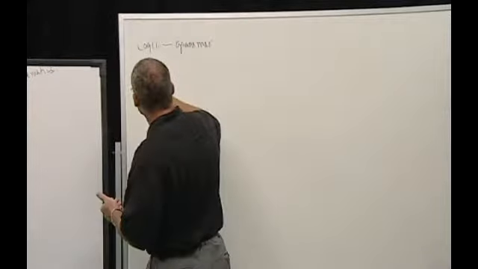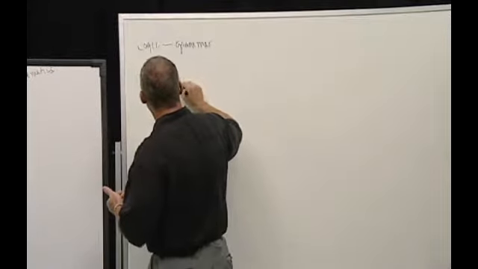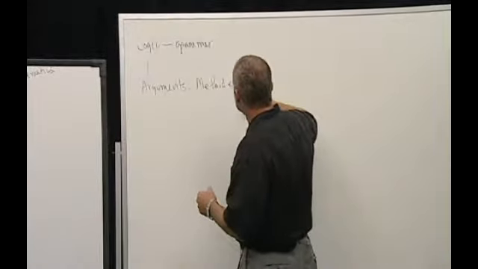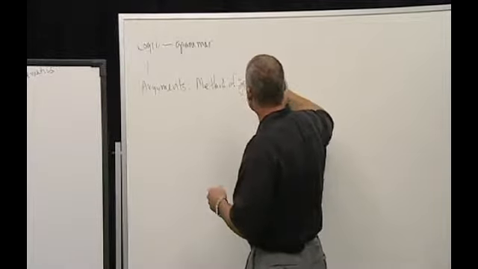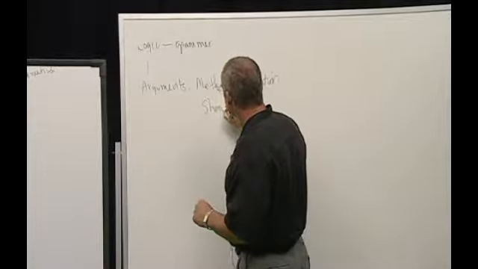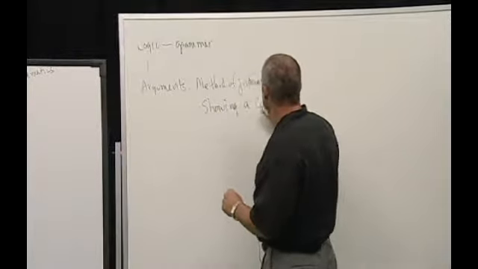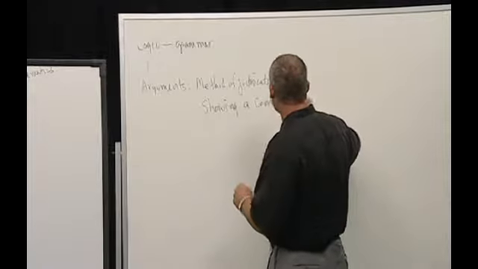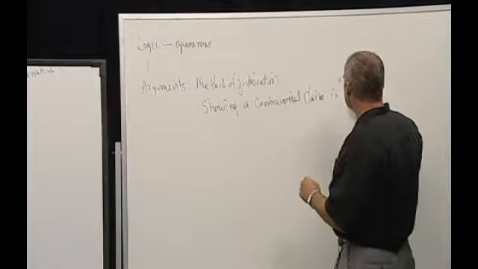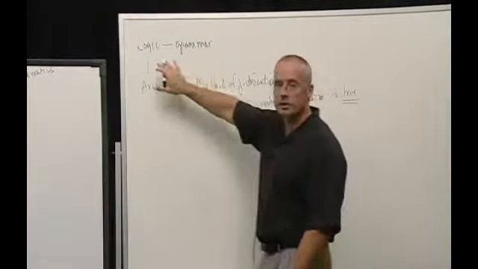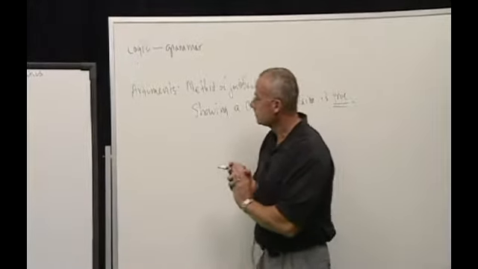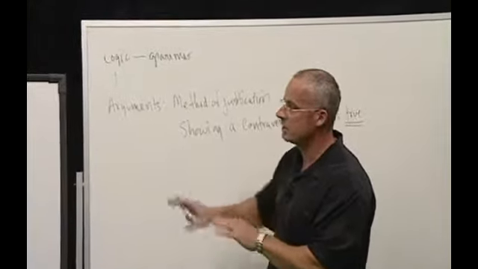So, think of arguments as a method of justification. What does that mean? That means you're trying to show something is true. Showing usually a controversial claim is true. Okay? What we're interested in doing is studying the grammar of this method. All right? So, that brings us to this issue of structure.